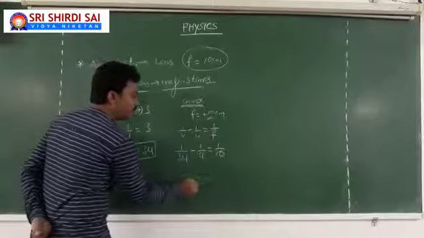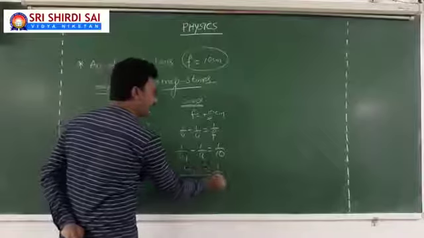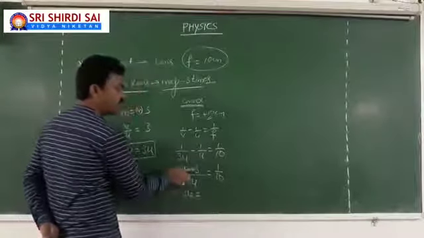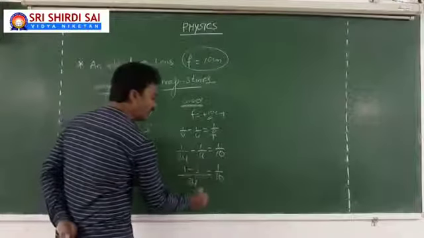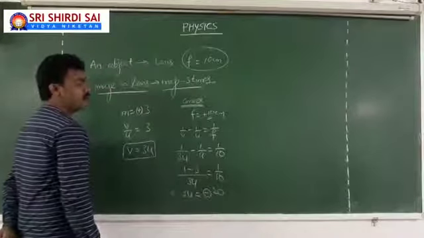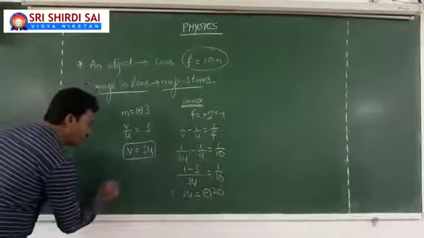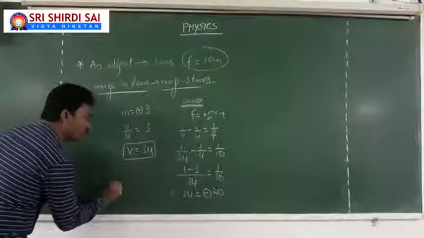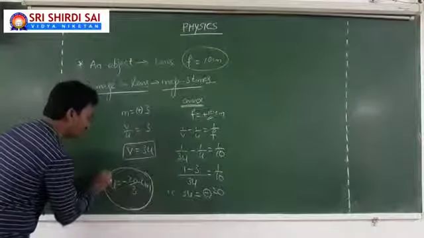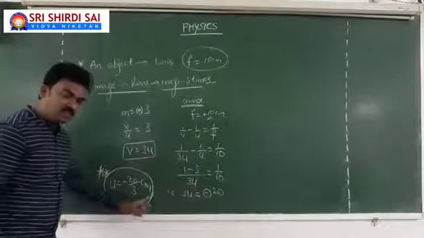Then here I take LCM 3u. Then here 1 time minus, here 3 times, equal to 1 by 10. That is 1 minus 3, minus 2 by 3u equal to 1 by 10. So your answer will be here minus 20. 3u is equal to minus 20. Whenever 3u equal to minus 20, then I conclude u equal to minus 20 by 3 centimeters will be your answer. u equal to minus 20 by 3 centimeters.